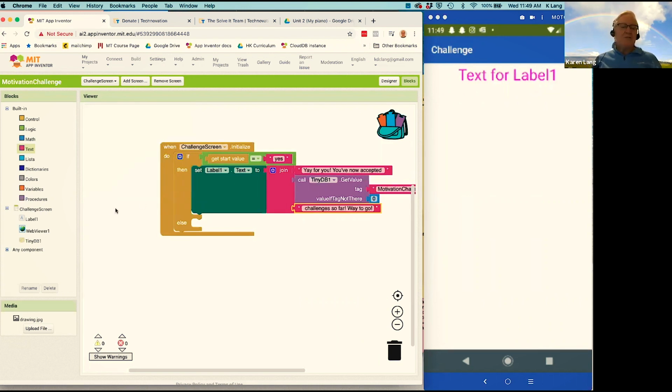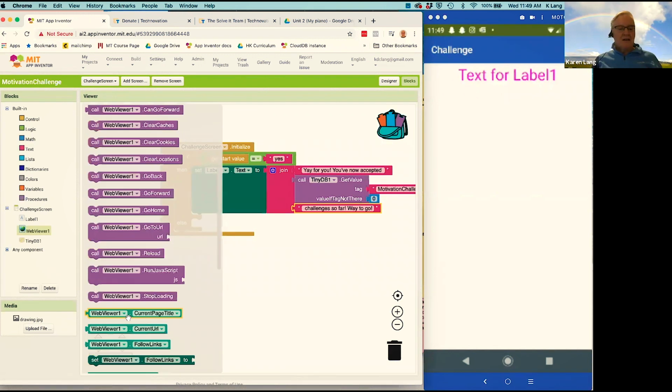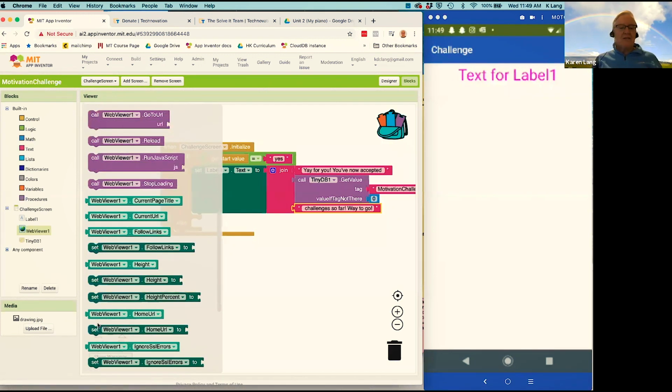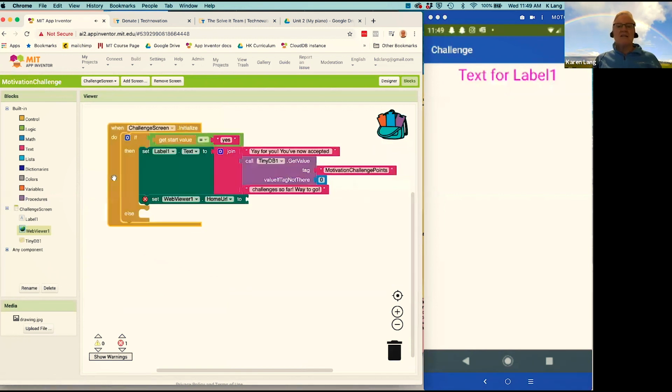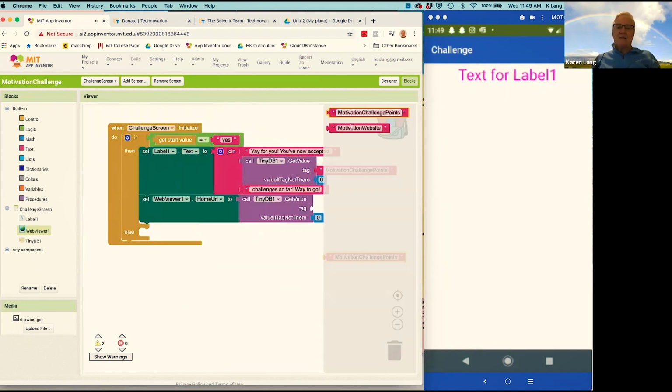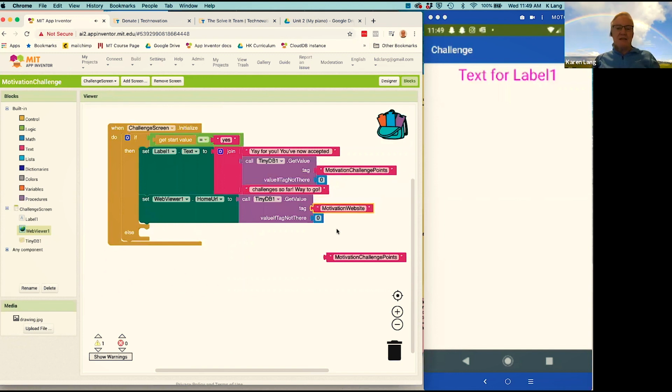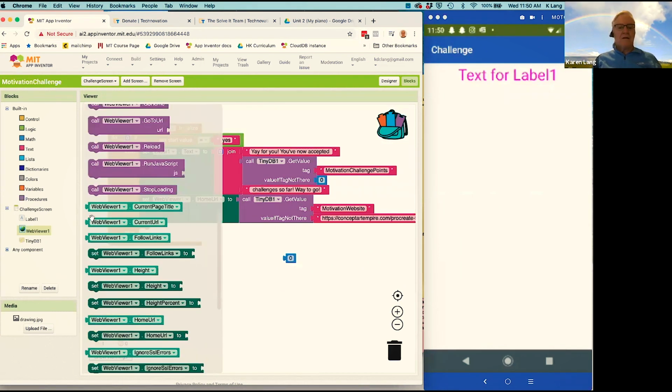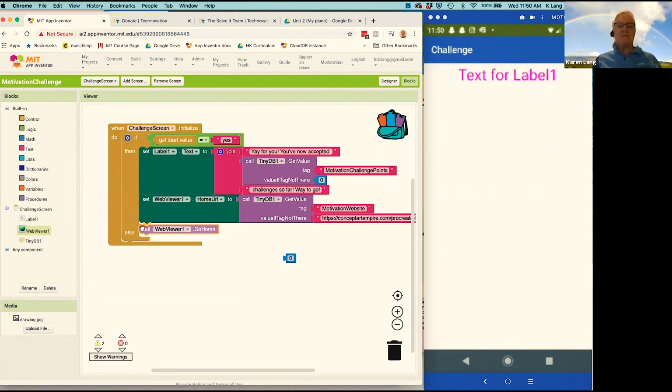And then what we want to do is go to that website. So under web viewer, we're going to set the home URL. That's just like setting the address of the website. And that one, we want to be, again, from our tinyDB. And this one we called the motivation website. We saved it in tinyDB. Let's just make that the default, the one that we had, the drawing website. And then we say go home, which says go to that website. We've set the website by setting the home URL, and then we say go home,